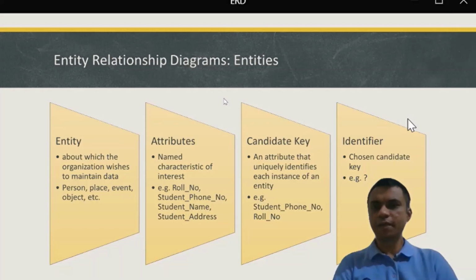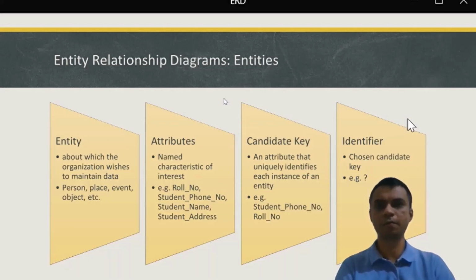Out of these attributes, there are certain attributes which are unique to an entity. So again, taking the student example further, we would observe that the phone number of a student is typically unique, at least in this day and age, where generally people are not sharing phones.